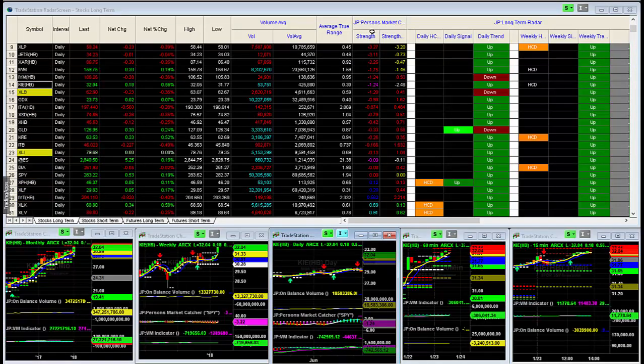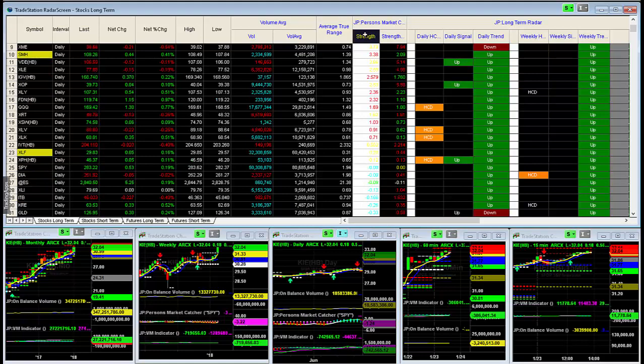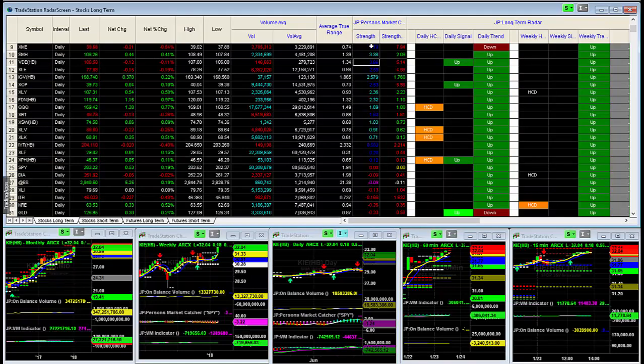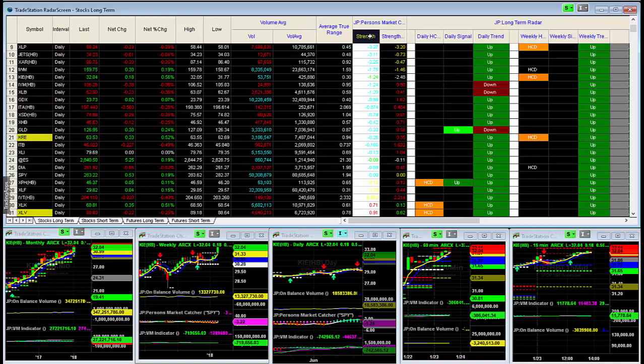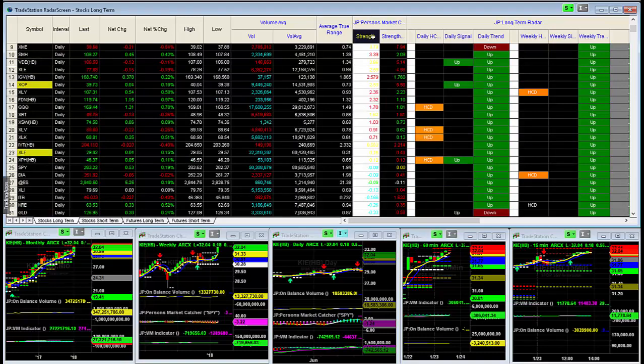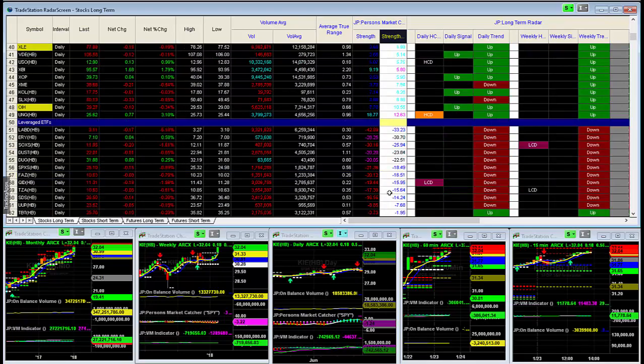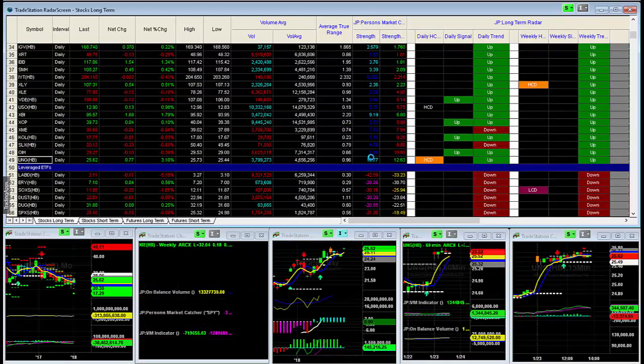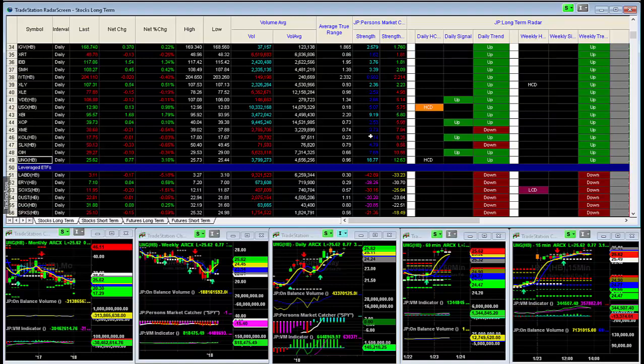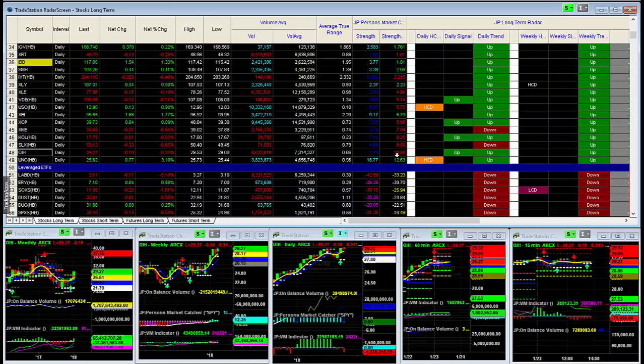Now, if I want to correlate, and that's the topic right now, from weakest to strongest, I can just double click on the column with strength or even the moving average component. So right now, that would show us that the strongest relative to the overall market in terms of percentage change, ironically, is UNG, which is the natural gas ETF. So second place would be OIH, the oil service sector.